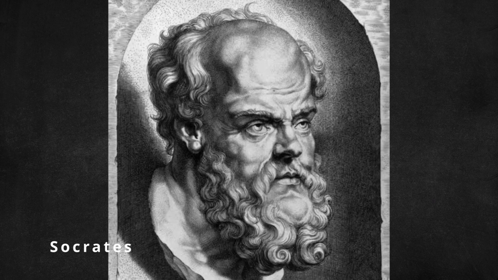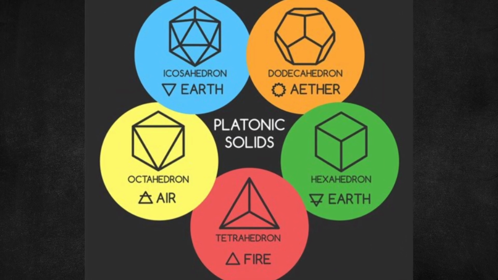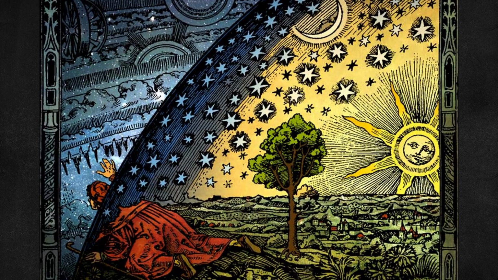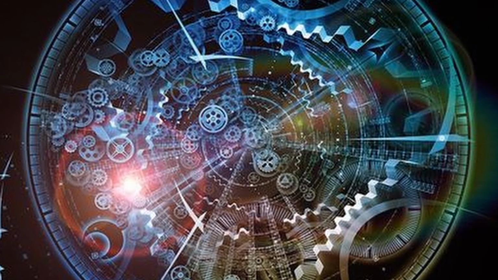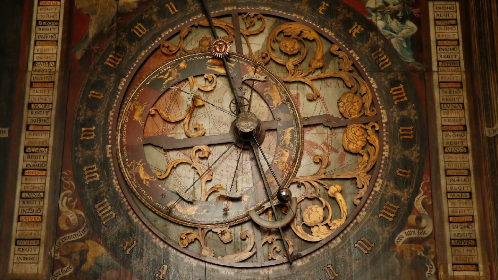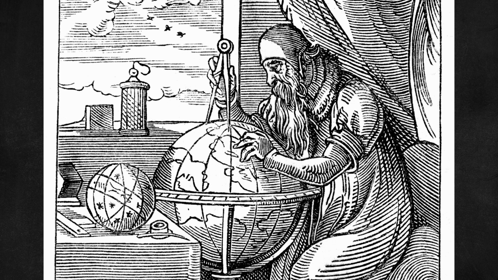For 2,000 years, the human understanding of truth, knowledge, ethics, mind, and reality were shaped by the teachings of 3 men: Socrates, Plato, and Aristotle. Then, around 400 years ago, this ancient worldview was radically overturned and transformed by the rise of the scientific revolution. Where Plato saw a world of rational perfection, and Aristotle saw a world of cosmic purpose, the modern philosophers of the Age of Enlightenment saw the world as a great machine, a cunningly designed clockwork that could be disassembled, its parts isolated and analyzed, and its ultimate blueprint read off of the discoveries of science.